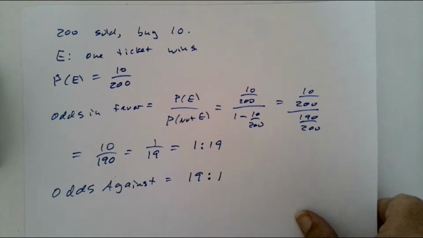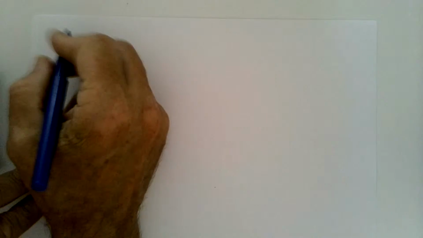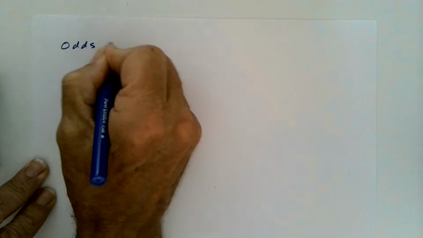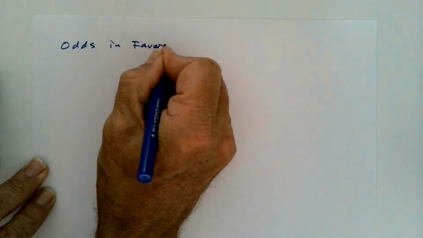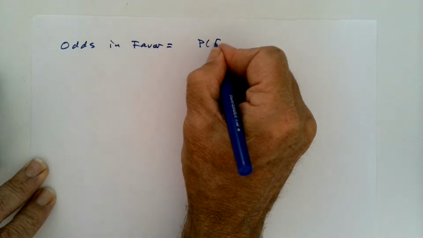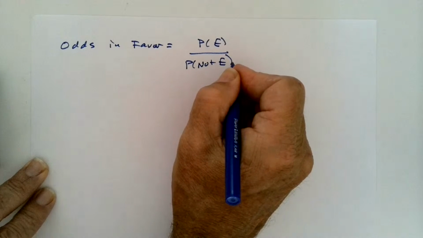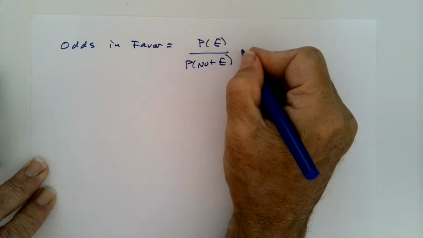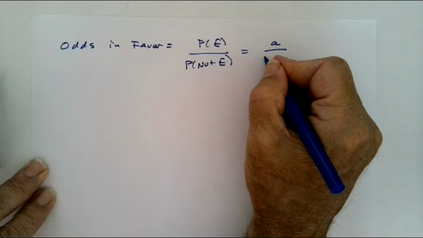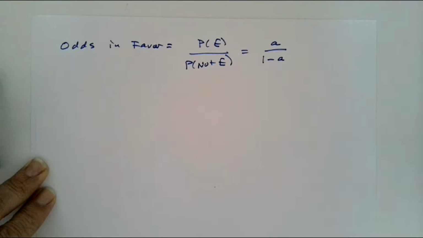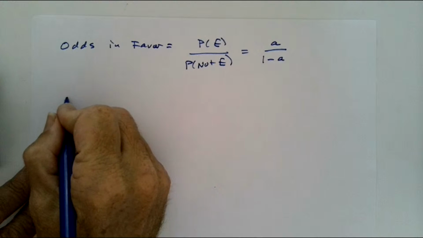So let's try to connect these ideas if we can, and make sense of this. Our basic idea is that the odds in favor are the probability of the event happening, the probability of E, divided by the probability of not E. But the probability of E, let's just say we call it A, then the probability of not E might be 1 minus A. So that's something for us to think about. Now, how can we make sense of this? Well, let's say that our odds in favor